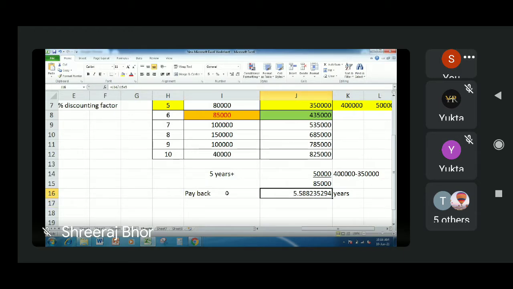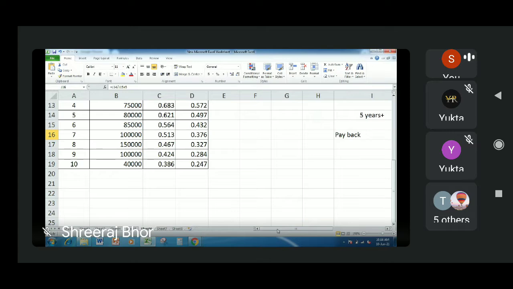So in this way, we can understand that the payback period of this case is around 5.5 or 6 years. When we invest 4 lakh rupees in this project, we will get our money back within 6 years. So this is the payback period. On the basis of this, or on the basis of the company's policy, we will decide whether to accept this project or not. If 6 years is too long a period, then we will reject the project. And if 6 years is affordable for the company, then the company can accept the project.